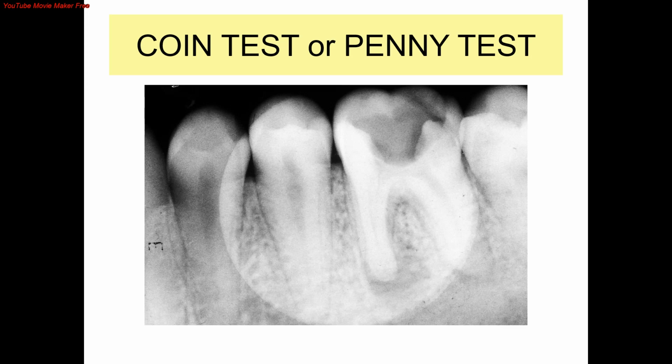After that, develop the film normally. In this film, I have kept a coin on an already exposed film for better visualization. If you see a coin image as seen in this film, it means that there is a light leak from somewhere in the dark room, or the red filter light is too strong.